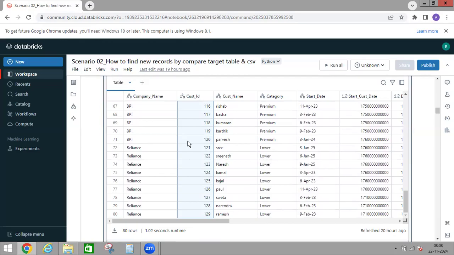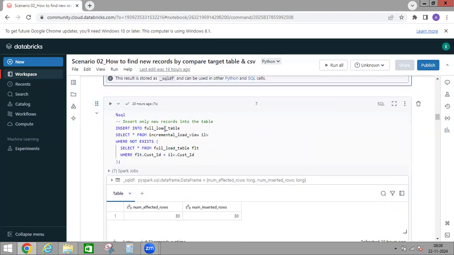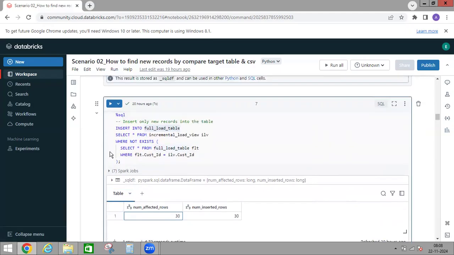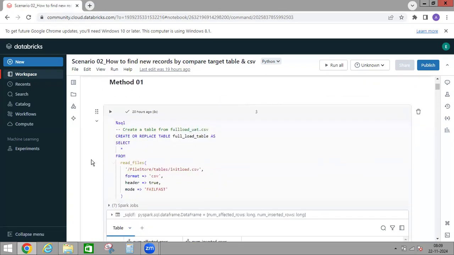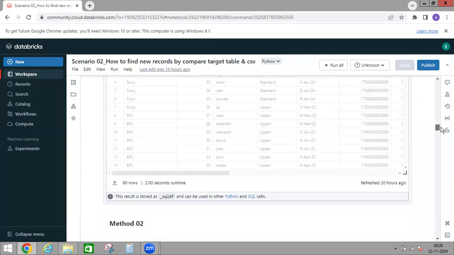So it will compare, and it finds that these rows are new, and these rows it will insert into this target table. So how many are there? We have about 30 rows. Okay, 30 new rows are there. So these 30 rows it will insert into our target table. The target table we created first, how many do we have in this? 50 rows. Now after inserting this,